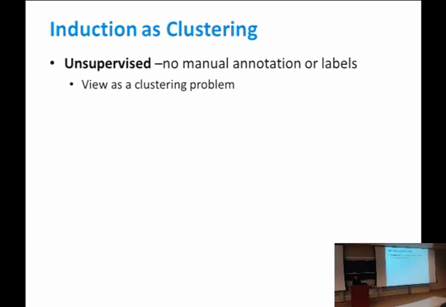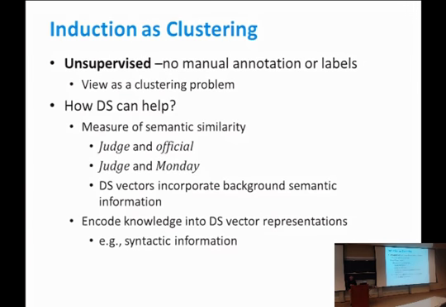And since this is an unsupervised task, you can think of it as a clustering problem. So it's unsupervised in that there's no manual annotation or labels. And so how can distributional semantics actually help with this clustering problem? So first of all, it can help by providing us with some measure of semantic similarity. So for example, we know that "judge" and "official" are semantically similar. Then it's more likely that they belong to the same slot. On the other hand, "judge" and "Monday" are probably less similar, and so they're more likely to belong to different slots. So in other words, these distributional semantic vector representations let us incorporate some notion of the background semantic knowledge